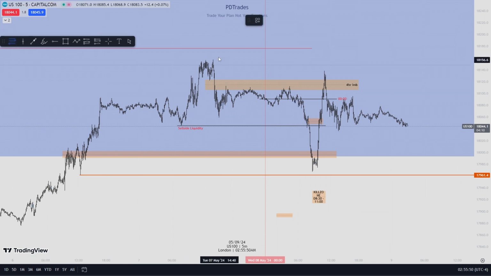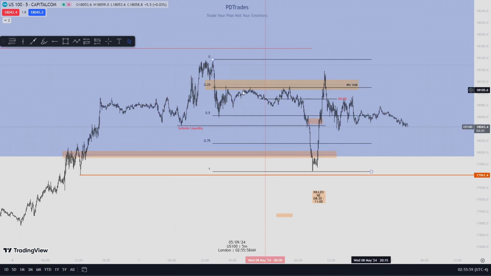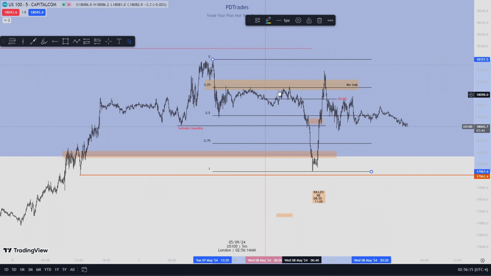Let me show you. Look at this. There was liquidity resting above here, and it's also the midpoint of the premium side. It took liquidity out, started retracing. You see it? So that also gave me a reason that this buy here is going to be bullish. They're going to be aiming for these highs.